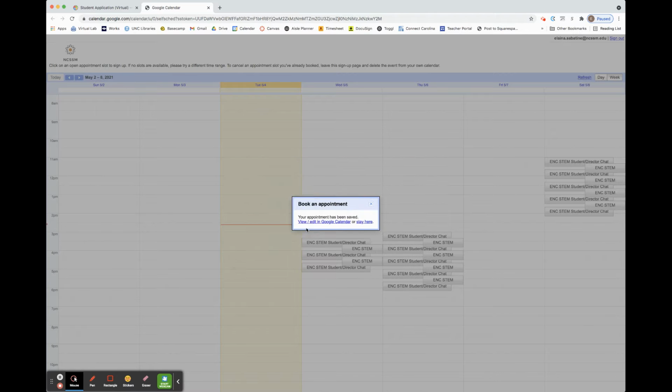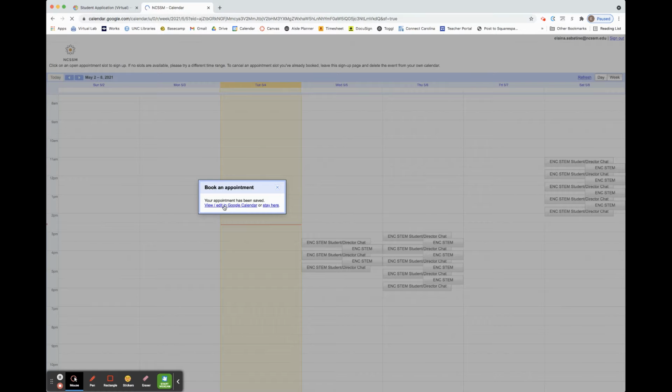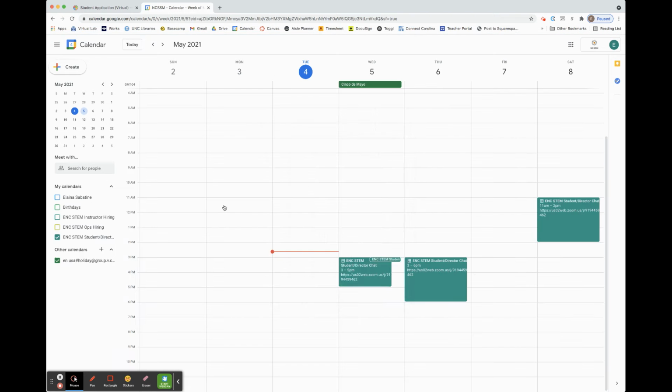So once you do that, you'll get a little message that looks like this. But also you'll see that your chat time has disappeared from the calendar. This will prevent another student from double booking your time, so we won't have multiple students accidentally signing up for the same slot. If someone comes after you to book their chat, all they will see are the other available slots that remain. So if you use Google Calendar, what you can do is click this link here that says View or Edit in Google Calendar, and it will show you